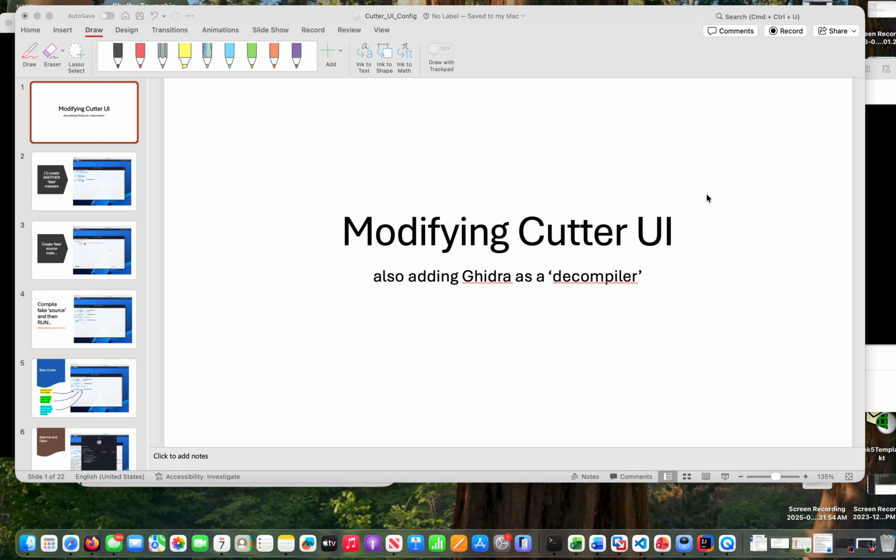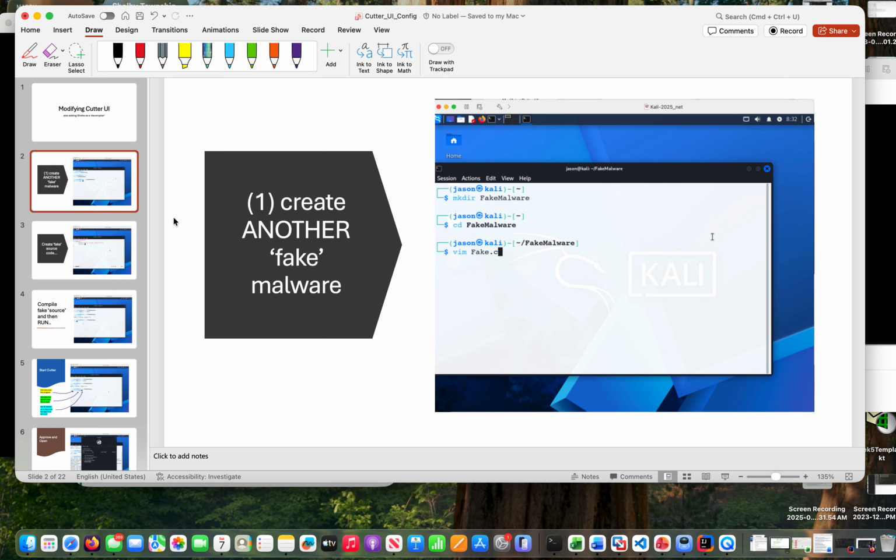Okay, today we're going to be discussing modifying the UI. So we did install it and we ran a quick compilation. We ran a quick compiled program from source just as a sample, but now we're going to optimize it by modifying the UI, and we're going to add Ghidra as our decompiler, which we can also do from source